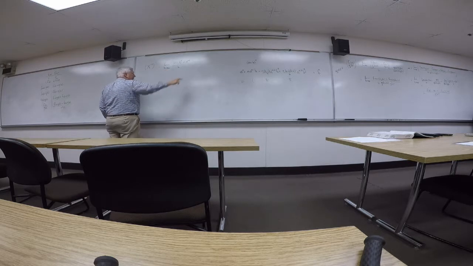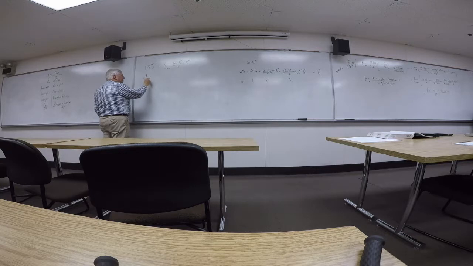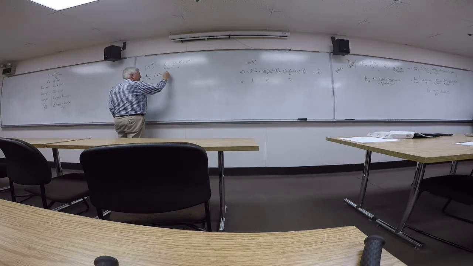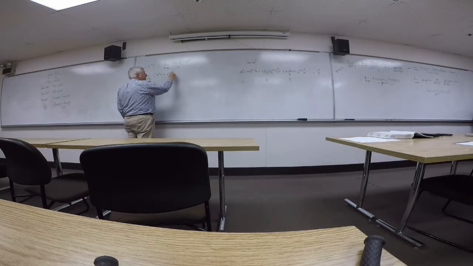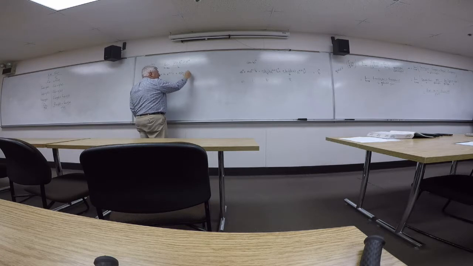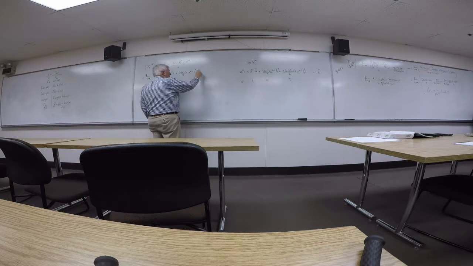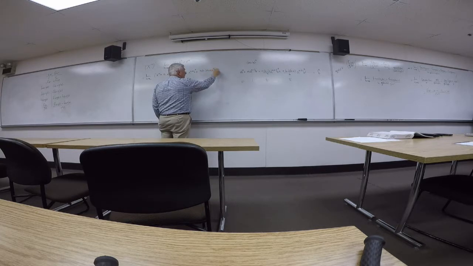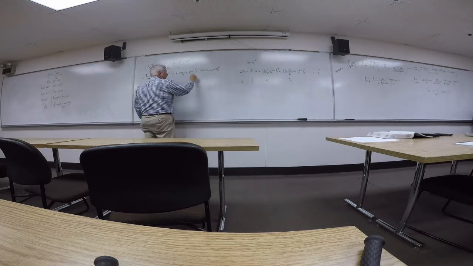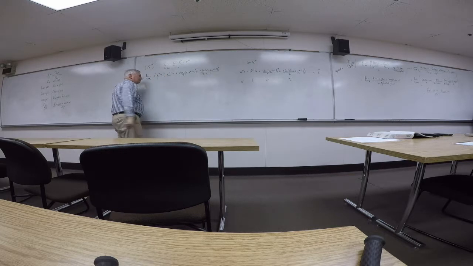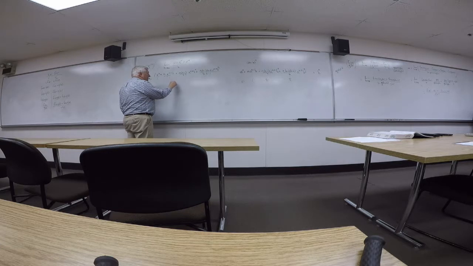Okay. So expanding this using that form, limit as h approaches 0 of x to the n plus n times x to the n minus 1 times h plus n times n minus 1 divided by 2 times x to the n minus 2 h squared plus n times n minus 1 times n minus 2 x to the n minus 3 h cubed over 3 times 2 times 1, 2 times 1 times 1, 1, plus, I'll skip a few, general term will be